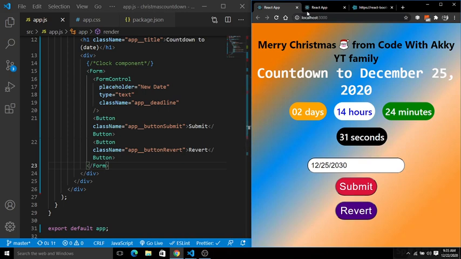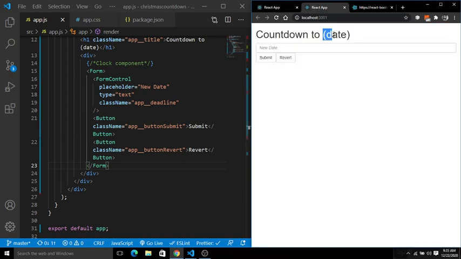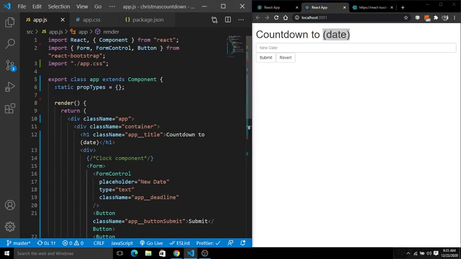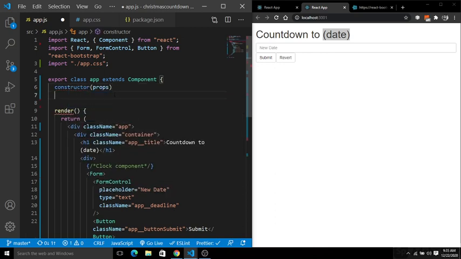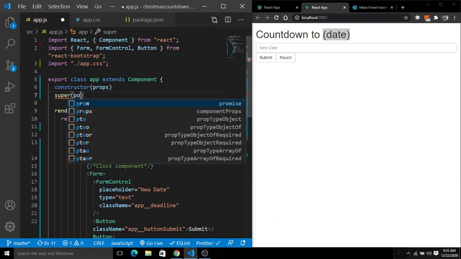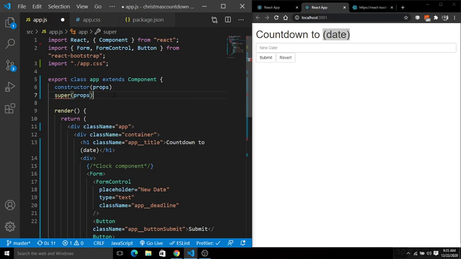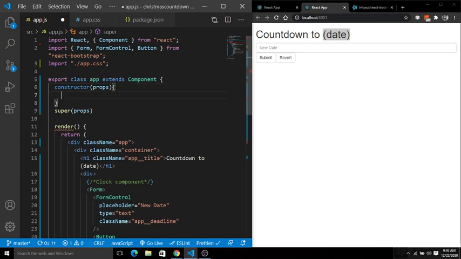So for this clock component, first of all I am going to add the state here. Let's get rid of this prototypes first of all. Inside this I am going to simply create a state. I am going to put a constructor, and inside the constructor I am going to use the props when this will load. So inside of the super, give this props. Okay, I forgot the curly braces. So put this props inside this constructor.